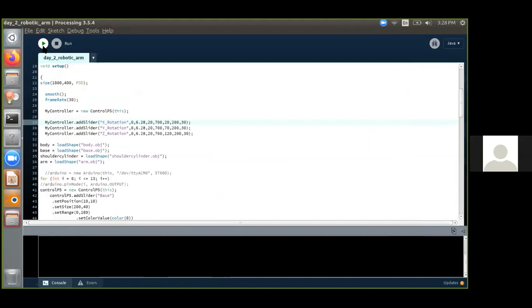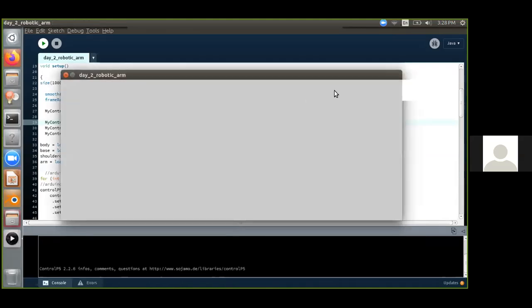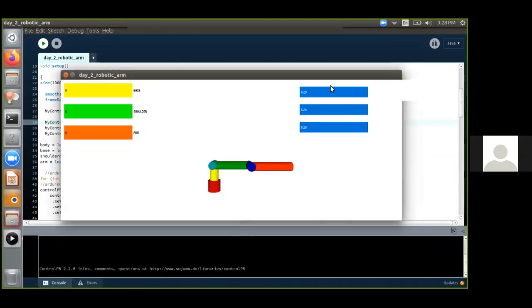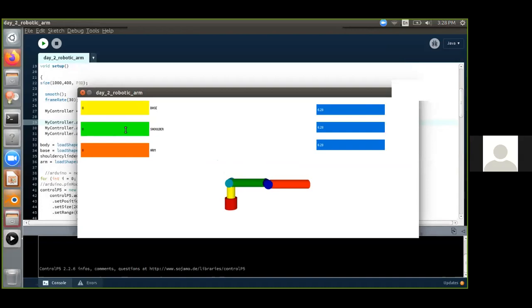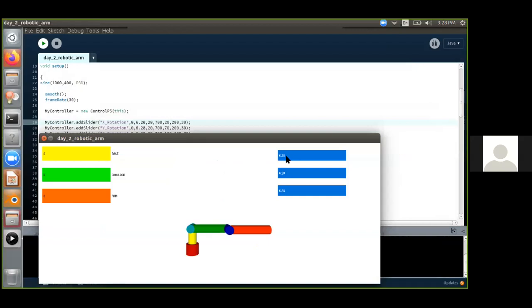Since it is 20, it will be 20 resolution points below the top of the screen. And the value 6.28 is the angle in radians. That is, 360° in radians is 6.28.